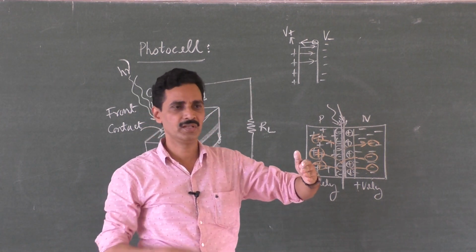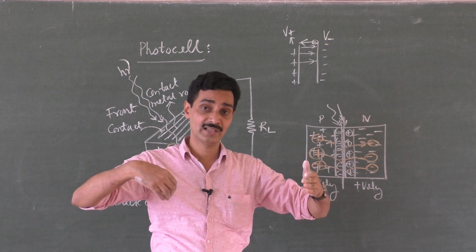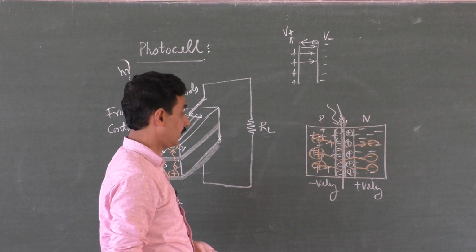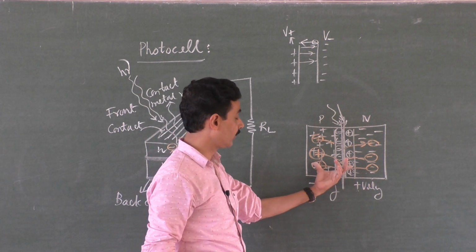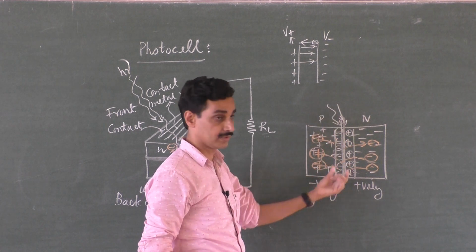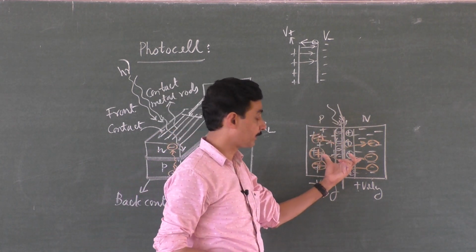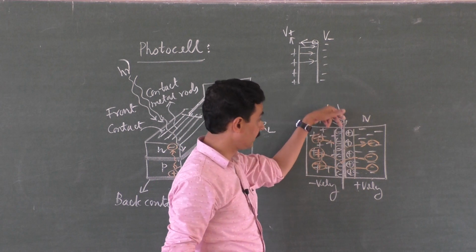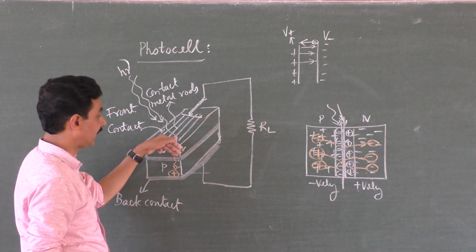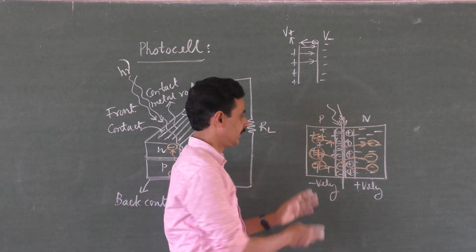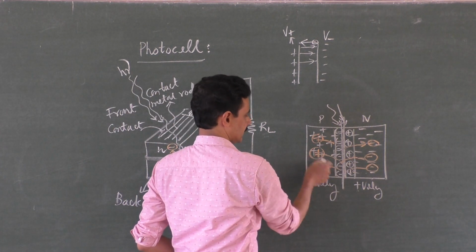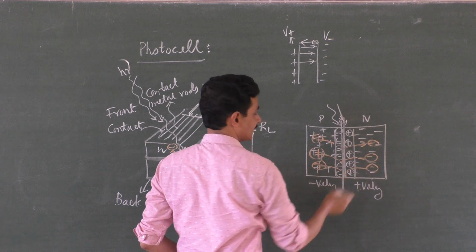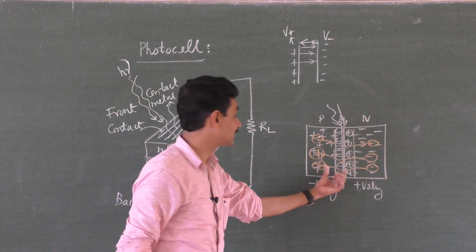One side has higher potential, another side has lower potential, electric potential I am talking about, and that can make the charges move. So here, once these electron hole pairs move away after generation, we have three processes: generation, separation, and then acting as a cell, development of EMF. Generation: by the incidence of light on the junction, electron hole pairs are generated. Electrons will move to the n region and holes will move to the p region because they are oppositely charged. After the movement, this gets positive and this gets negative. That develops a battery. So this itself acts like a battery.